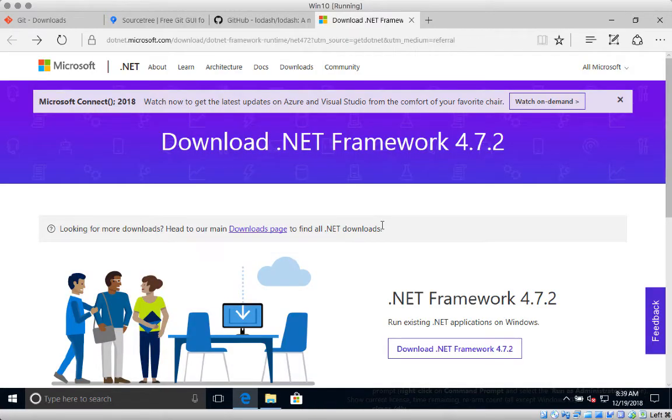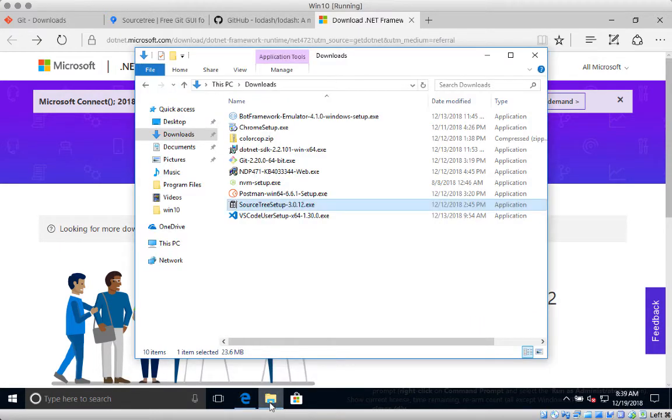When clicking on yes, you'll be taken to this web page where you'll be asked to download the .NET framework. Currently the version that it wants me to download is 4.7.2. So you click on that over here. I've already downloaded this on my side as well, and it will look like this. This is what the exe will look like. So I'm going to double click on this,